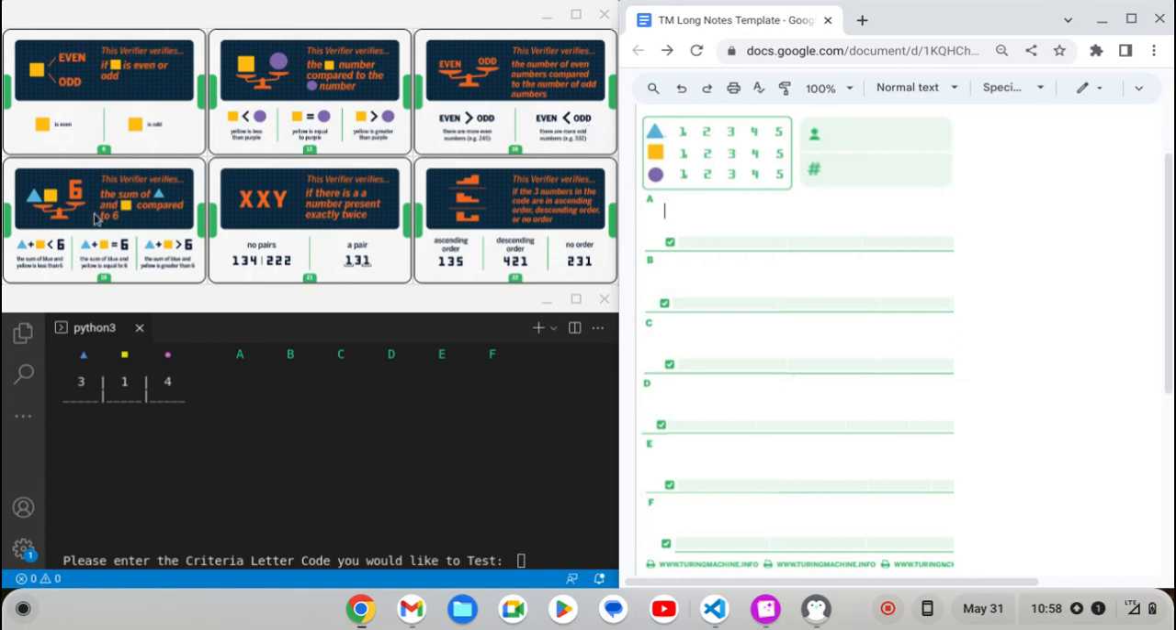Criteria card D will take a look at the first 2 digits and add them up and compare the sum to 6. So should the sum be less than 6, should it be equal to 6, or should it be greater than 6? Criteria card E, again, will look at the 3 digits in our code